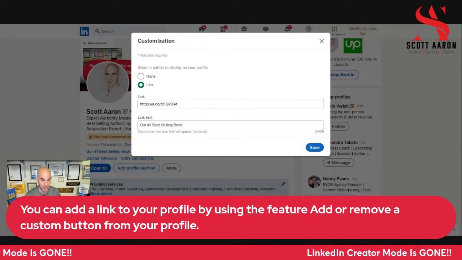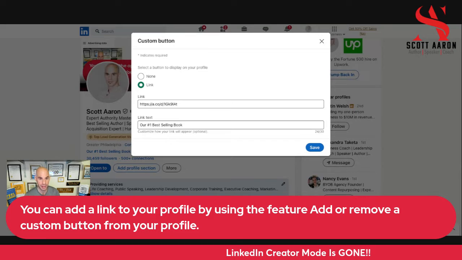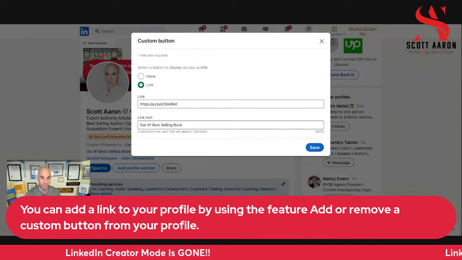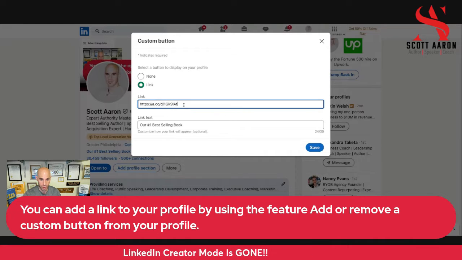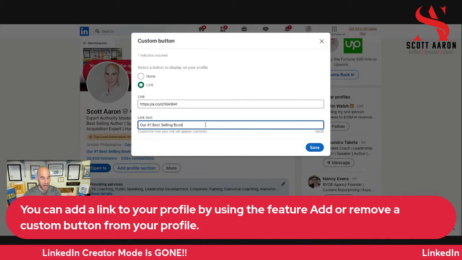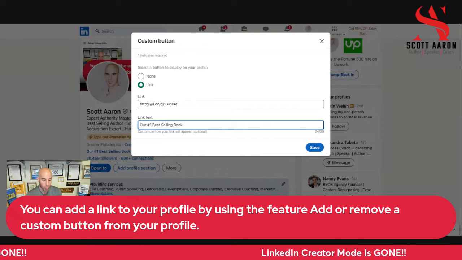If you have a workshop that you're doing, if you have a Calendly or Acuity link where you want people to book calls, you just want to drive traffic to your website or maybe listen to your podcast, you can drop that link right in there by just putting the URL here, and then obviously have a link text to help describe what it is that you're actually sharing with people.